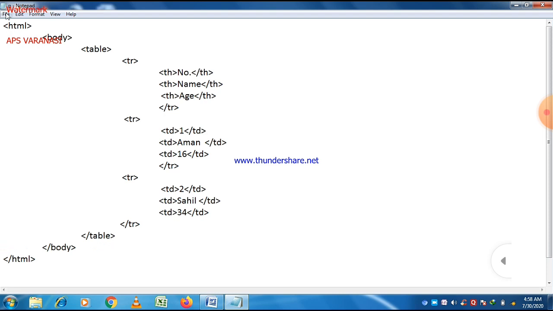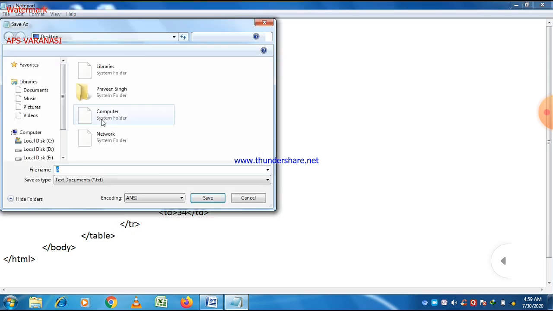Now the concept is very much clear. Always try to write a program in this manner, because using this method there is less chance of error, as you already know which tag is closed and which tag is open. Just save the program. After that go to save as and give a name to it.